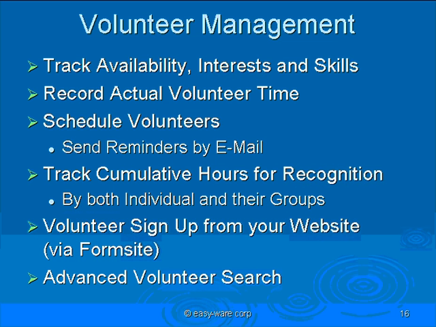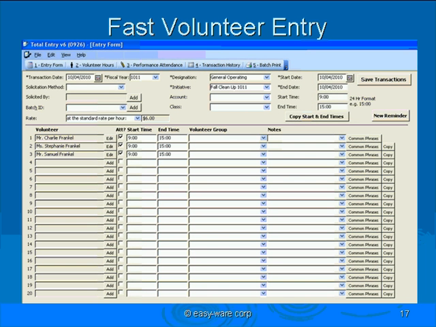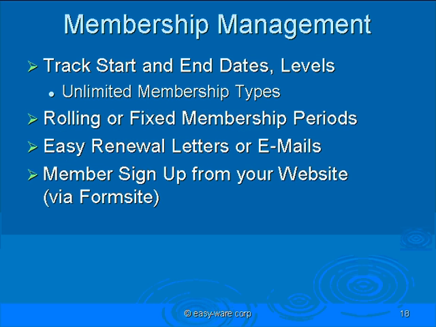The volunteer sign-up from our website via our form site product that we use as well was important. So we had advanced volunteer search going there. So here you can see a fast volunteer entry. We have an event coming up. We can get our volunteers very quickly on the computer, and we could have them look up the individual or quickly register them, tell them what the event's going to be, say a fall cleanup, what time it's going to happen, and then these folks can be reminded via email that they committed to being part of the program. We then can also note on here whether they came to the event or not, and be able to take notice of the ones that constantly opt not to do that.